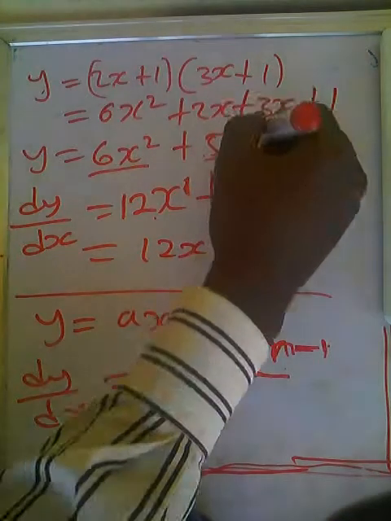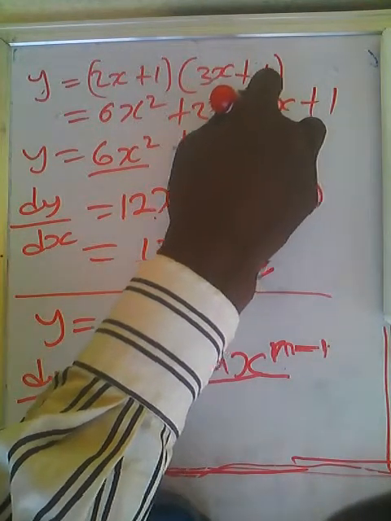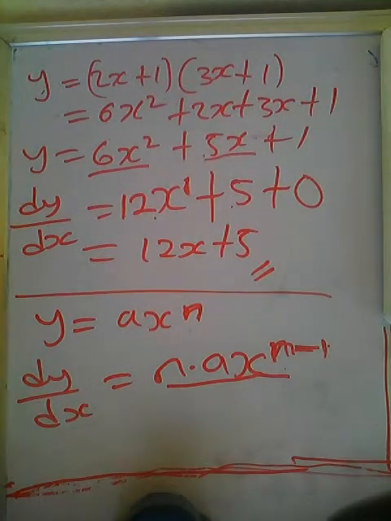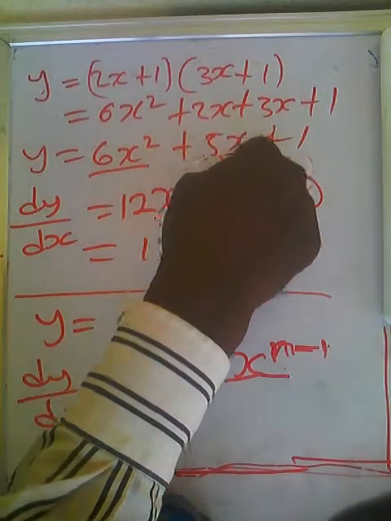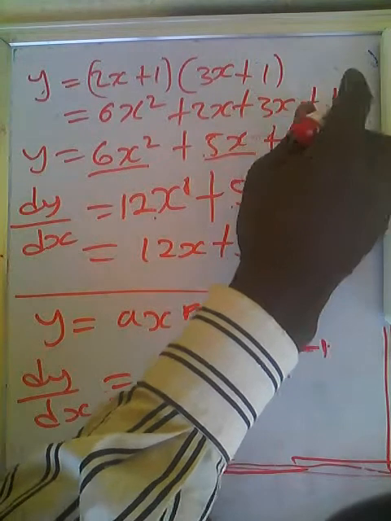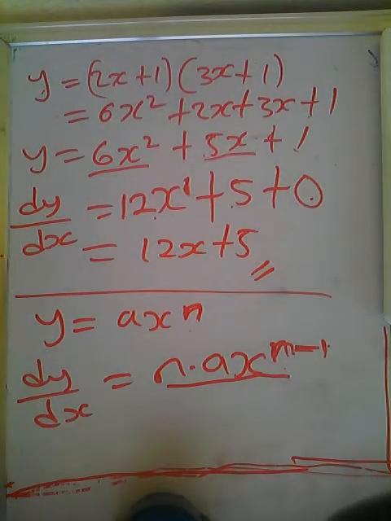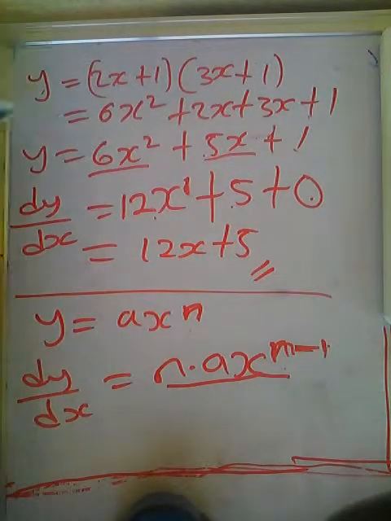When we subtract 1 from that 1, that becomes 0. And when we raise anything to power 0 from indices, that term becomes 1. So that x turns to 1, so 5 times 1 is what? 5. Differentiation of a constant is 0. So that's how we arrive at 12x plus 5. The second question in